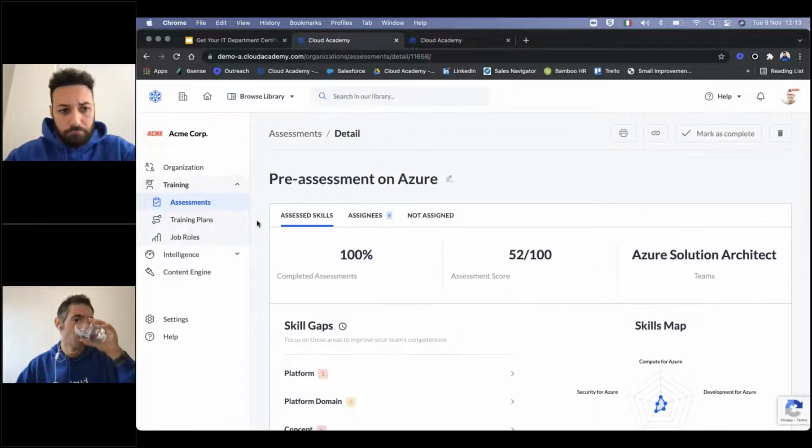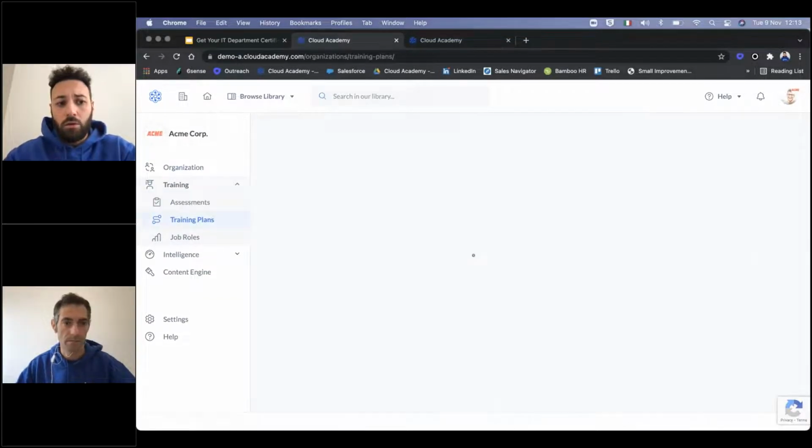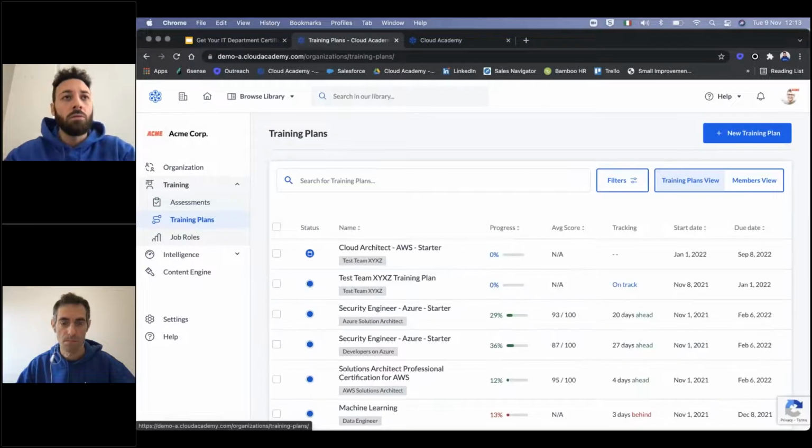And going on the training plan, think about that: you don't need to prepare the people on a specific project, but you need to certify the people on a specific cloud vendor or on a specific technology.